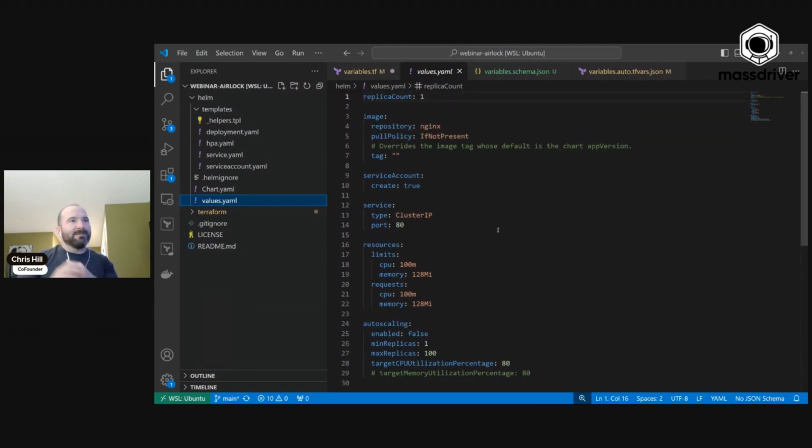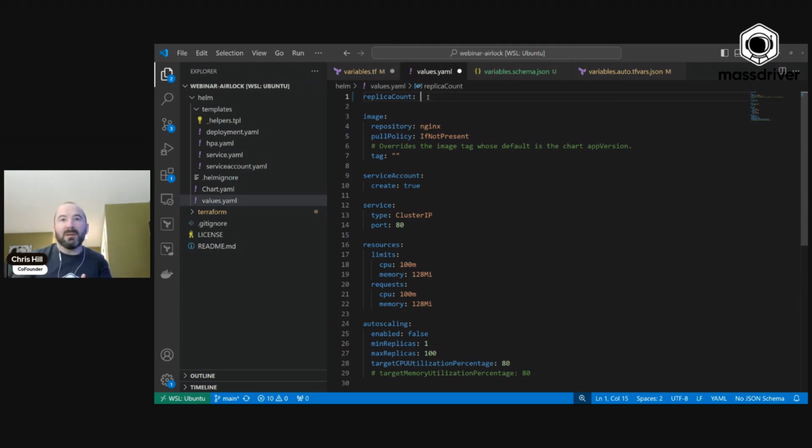It's a fairly short list here. One thing that I do need to mention is that unlike Terraform, where you declare your variables and then can define them separately, in Helm, you kind of have to do both. And the reason for that is in Terraform, you can say there's a variable named foo and it's of type string. And Airlock can then look at that and say, okay, there's a variable named foo, of type string. If we don't give types here, for example, if we just left this blank, which sometimes